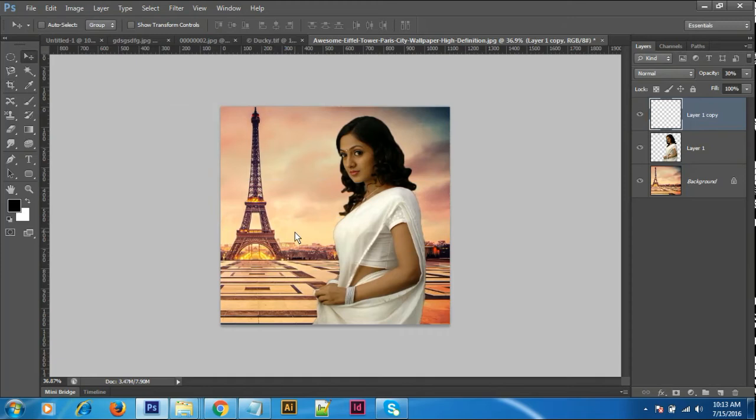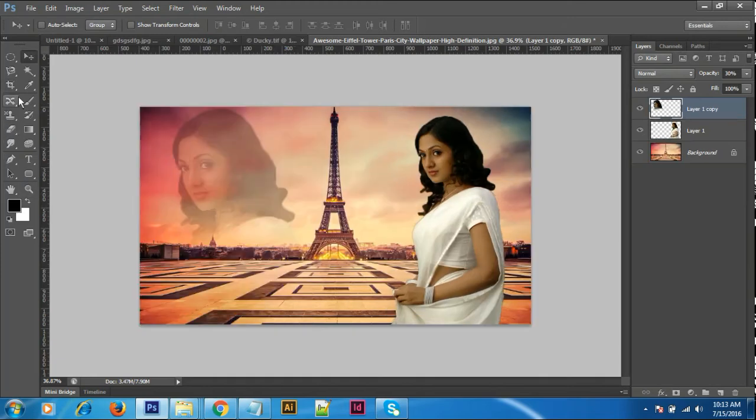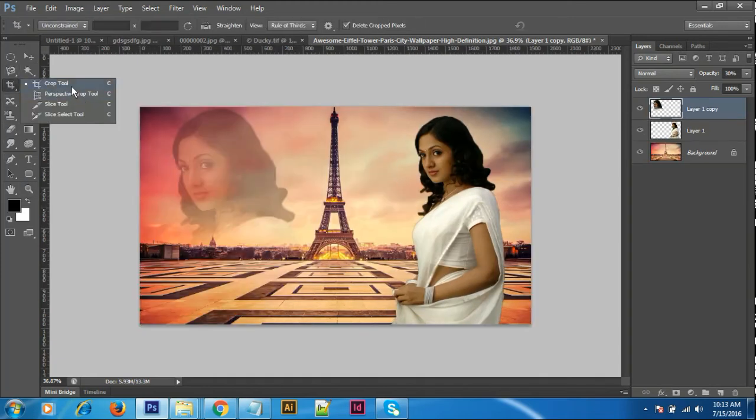Is there any shortcut for the crop tool? See, here we have Control plus C. Generally, just press C. See here we have a C. There are four divisions. If you learn one thing, automatically it will come again. The shortcut will be cycled. The shortcut is C, crop tool.